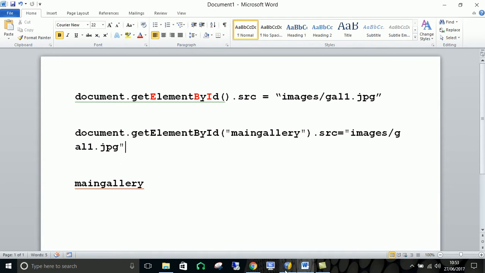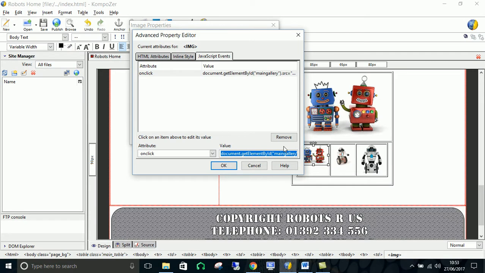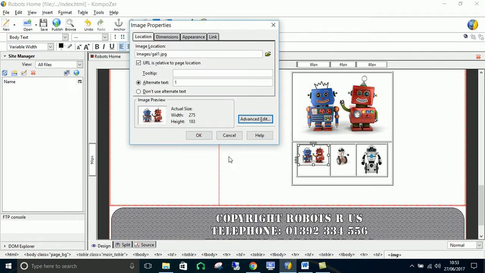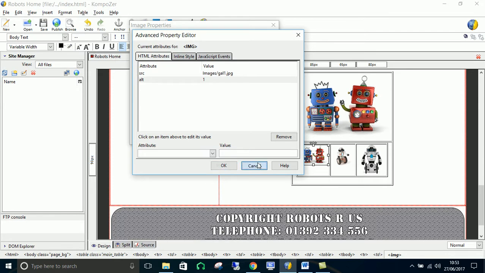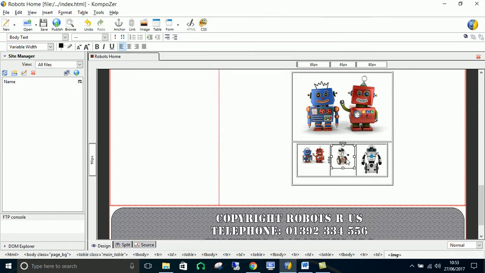All right. So back into Composer, we are setting it to gal1 because that's the first one. So we click on that, it'll set it to that. Okay, I've copied and pasted that, so that's fine. Another thing we're going to do is we're going to go to Advanced. I'll do it in a minute actually. Let's go and do this with another one. So double click on it,